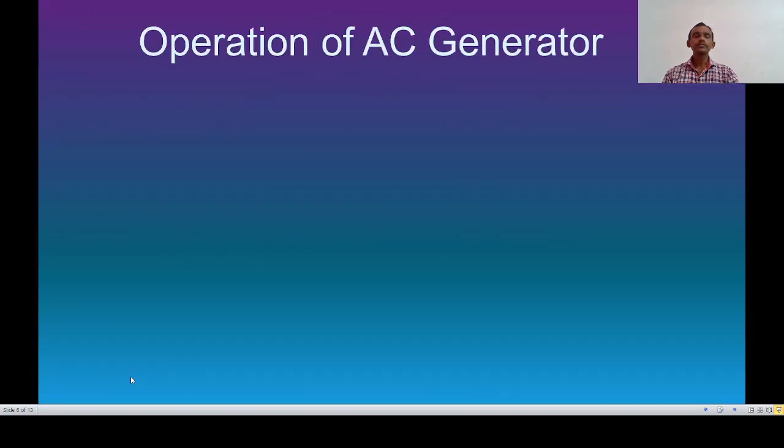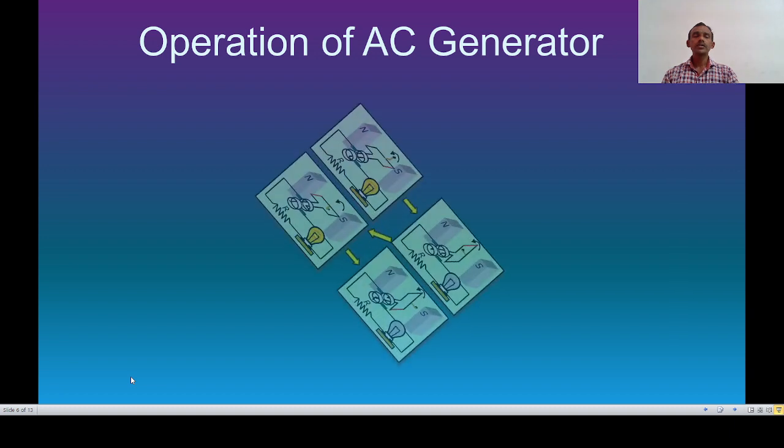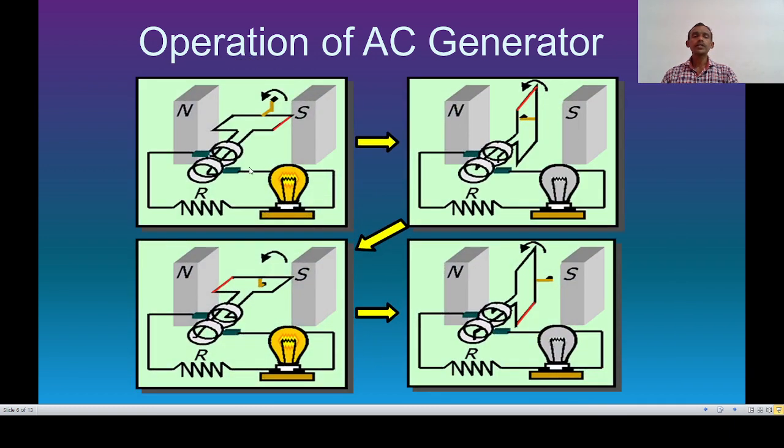Now, to understand the operation of the AC generator, concentrate. With the help of this diagram, we can understand the operation of the AC generator. Concentrate on the red segment of this armature winding. When this red segment moves upward and reaches this position, the armature winding induces the maximum EMF,